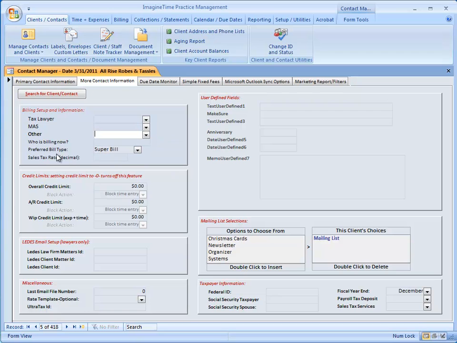Also, I can do a preferred bill type, sales tax rate, if I do services that are subject to sales tax. There are some credit limits that I can set up here. These credit limits you can set up overall AR or WIP credit limits. And if a client hits an assigned credit limit, time entry gets blocked so that staff can't enter time for them. And the partner in charge of the client gets a little pop-up notice in ImagineTime letting them know that